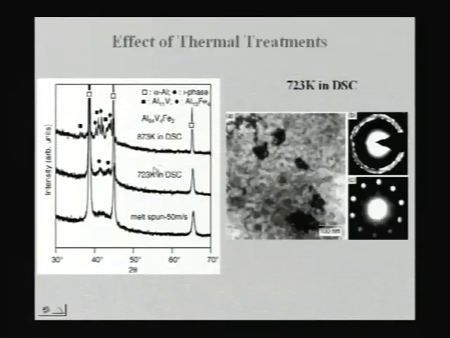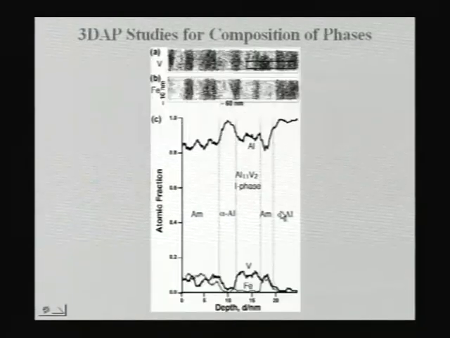And one can also take an amorphous plus aluminum sample and heat it in a DSC to get a quasicrystal, and heat it to a still higher temperature to get crystals. And that is what you can see here. Take a sample and you can get very fine quasicrystals precipitated in it, and one can get a diffraction pattern. This is called a micro diffraction pattern from those particles, and it shows that yes, you can get a quasicrystal in an aluminum matrix. And one can also find out what the compositions of these are.